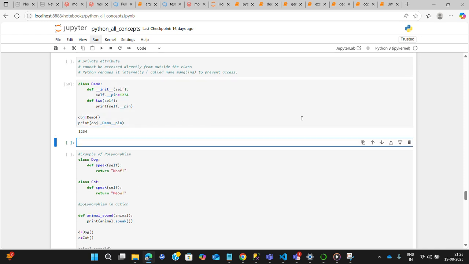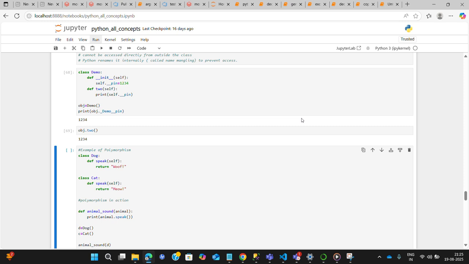Can we use obj.two? Yes, then it is also working.